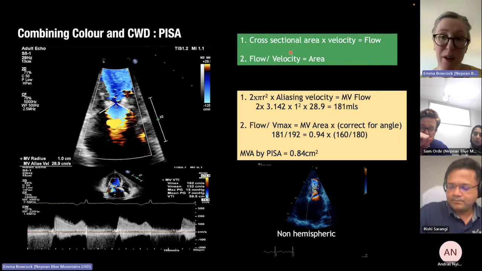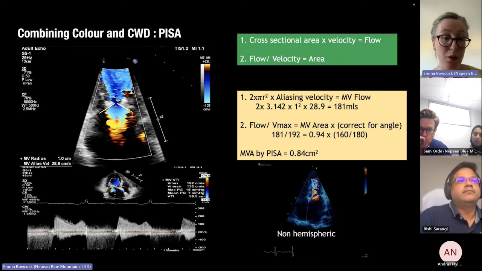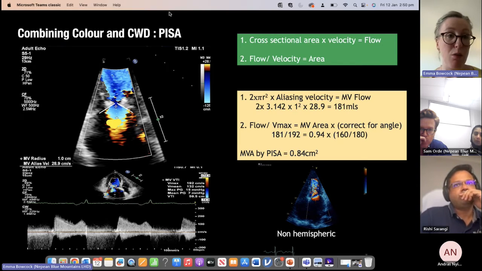So cross-sectional area of a hemisphere, which is 2 pi r squared, right? That's the radius of your PISA radius, 2 pi r squared, which is this one here. The radius is measured here at 1. You can see that there, mitral valve radius of 1, aliasing velocity 28.9. Right, so you plug that into this initial equation, which is cross-sectional area times aliasing velocity. So 2 pi r squared, because it's a hemisphere, times 28.9 gives you an estimate of flow,